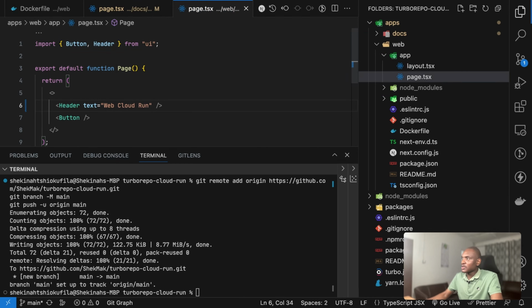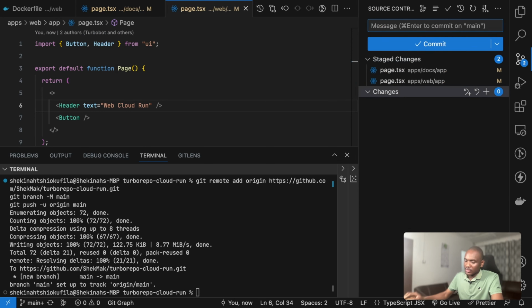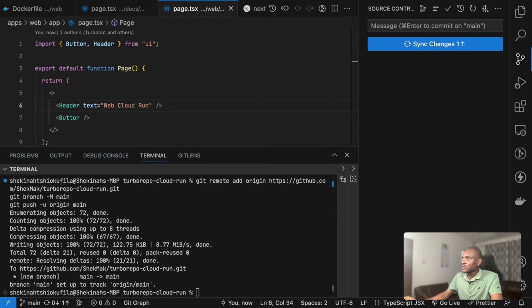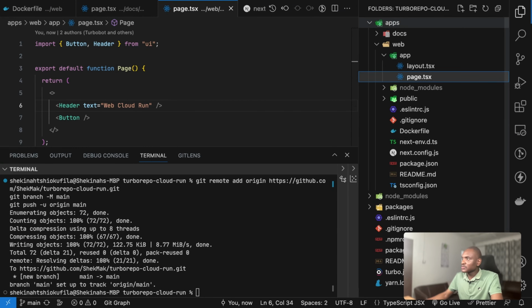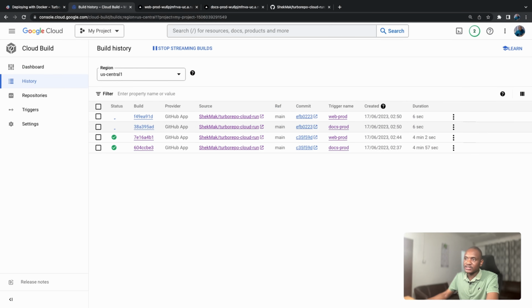Okay, and we're going to write our commit line here and say tiny change, and we are going to push that. Okay, here. All right, so here we have pushed that, and when we get back here, we'll see